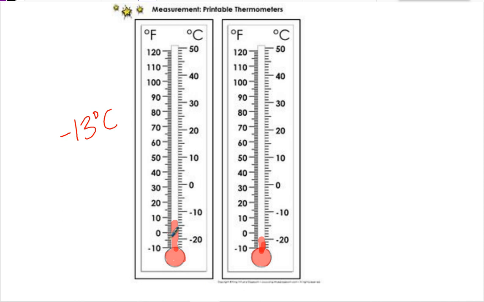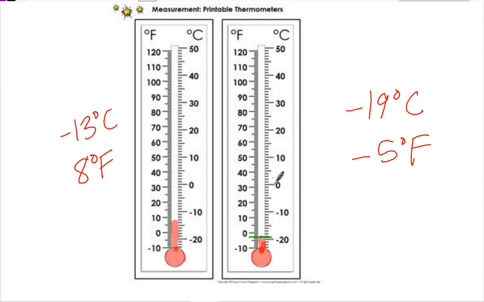So it would be 0, this would be 5, 10, 5, 6, 7, 8. So it would be 8 degrees Fahrenheit. Okay, on this one, we have negative 20, but one above it would be about negative 19 degrees Celsius, or negative 5 degrees Fahrenheit. It's mainly just taking your line and drawing it across to see where it matches up with the different